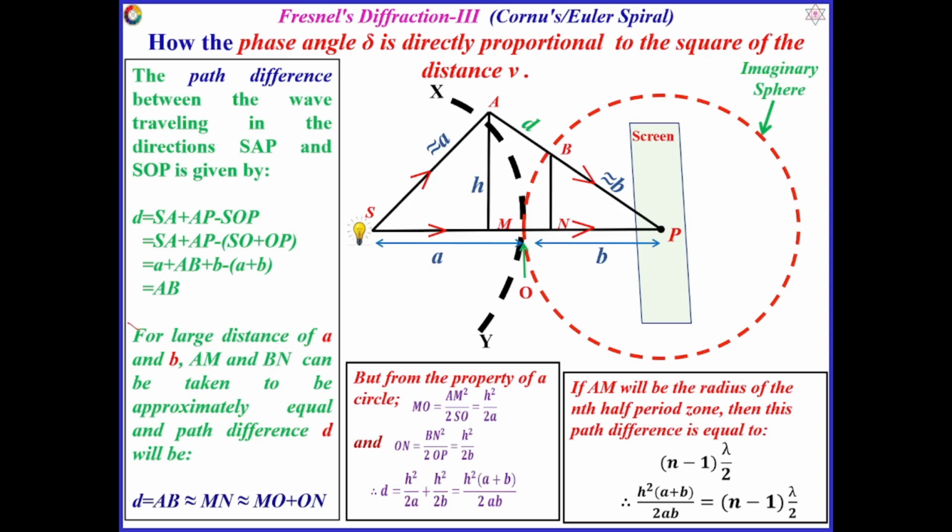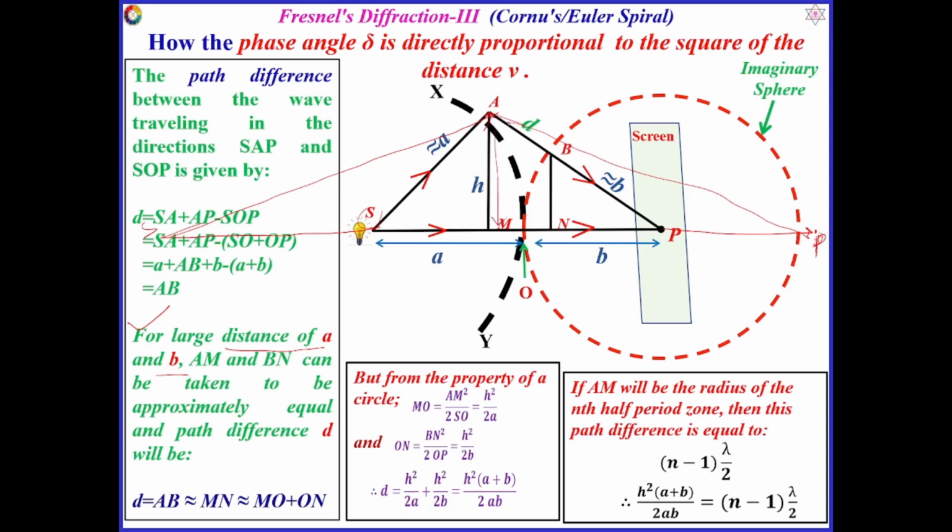Carefully you have to watch. For large distances of A and B, suppose the source is at a larger distance, here S, and the screen is also at a larger distance, with a point P on the screen. If I join this point A and then this point over here, then we can find that